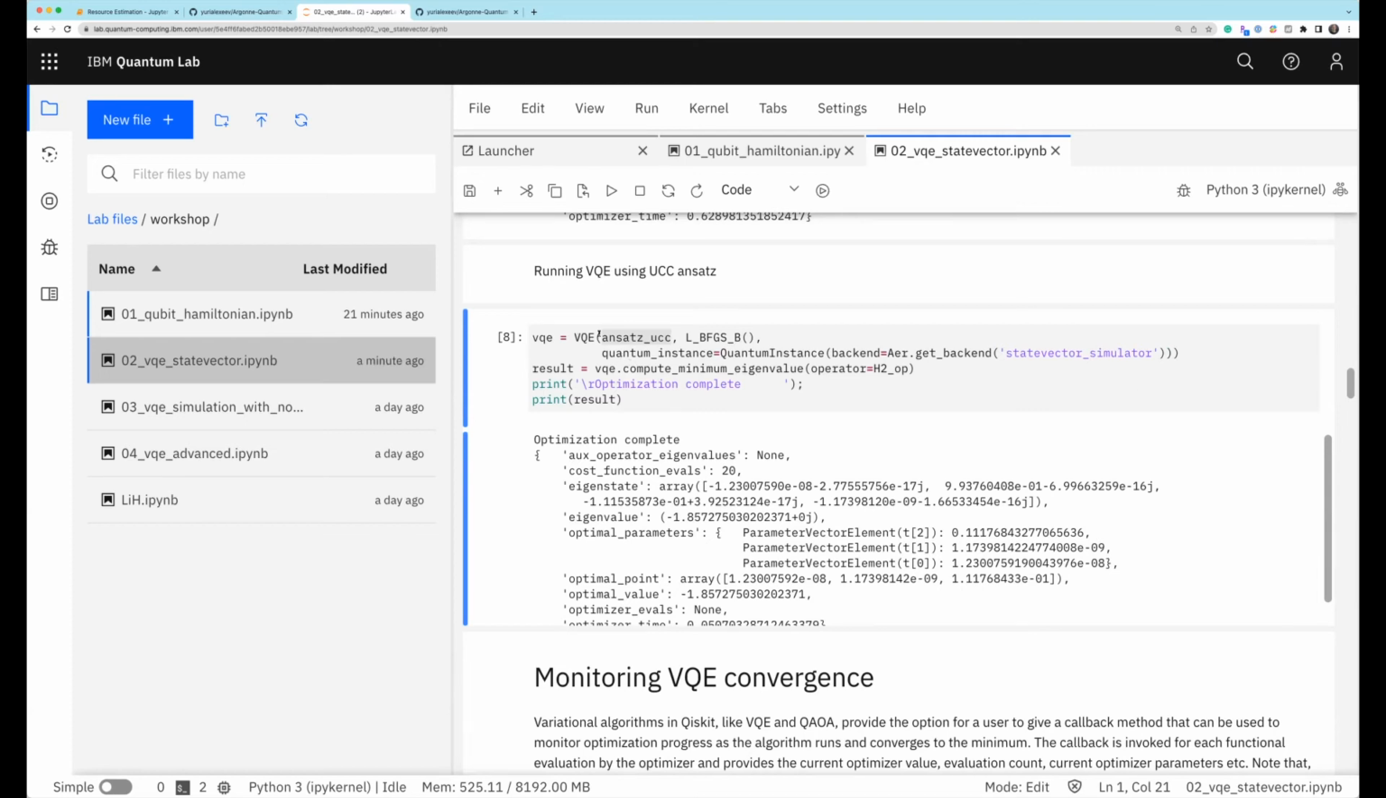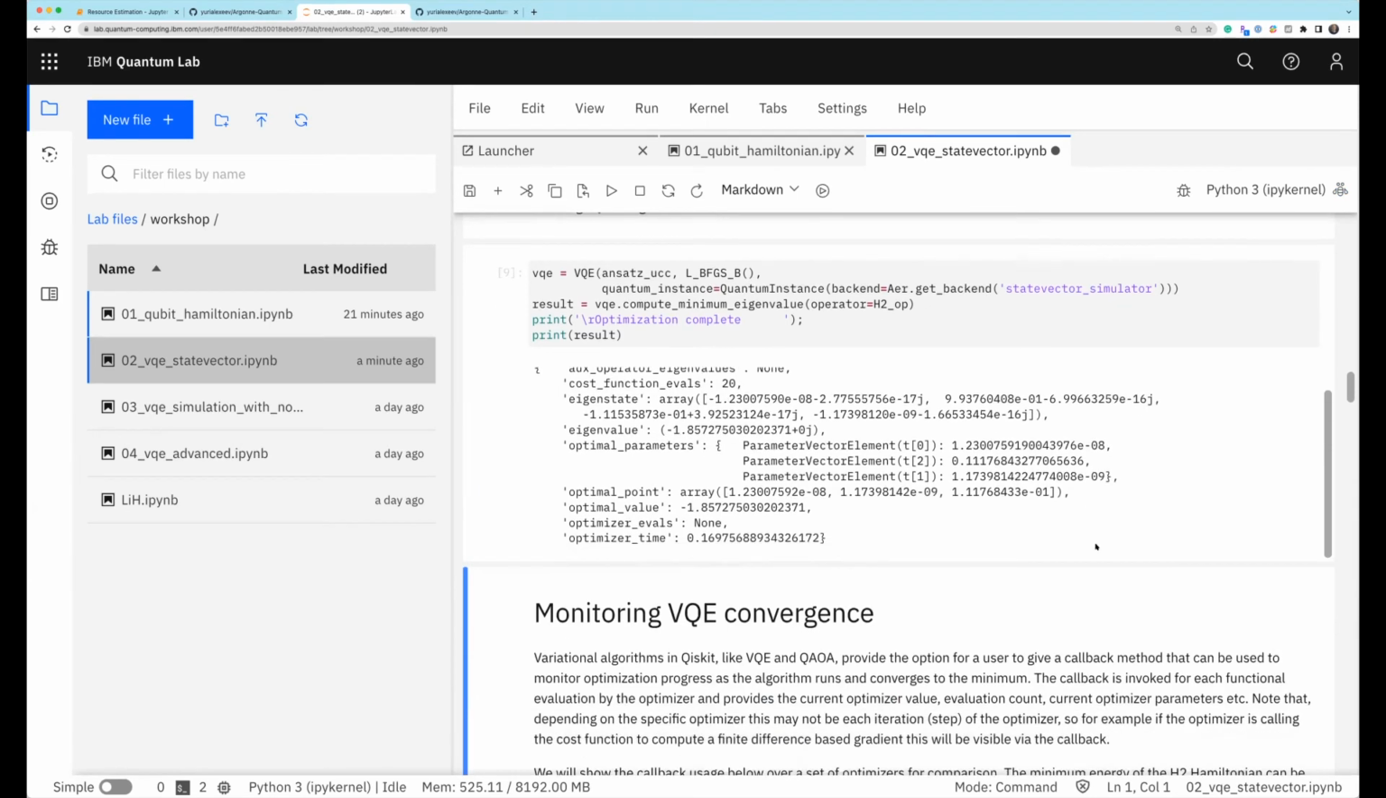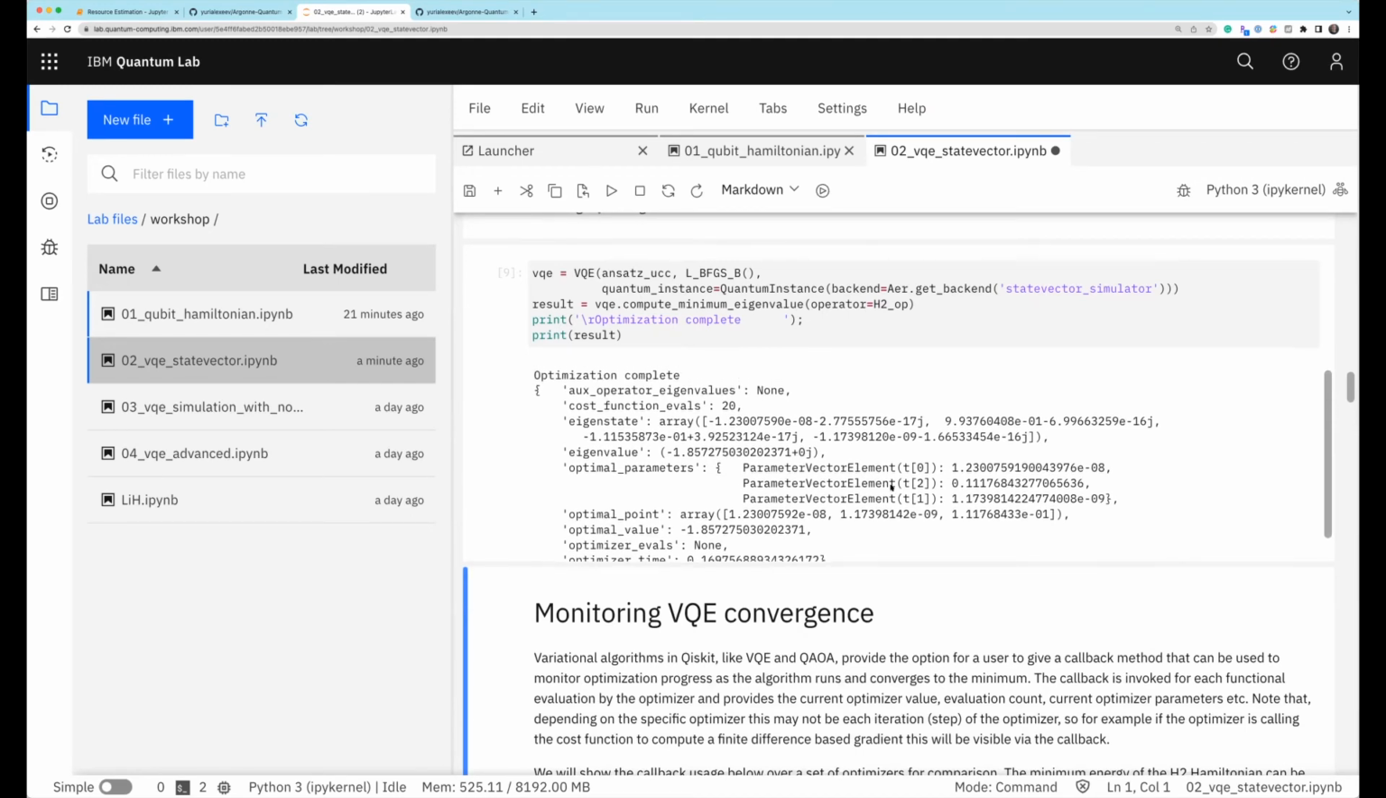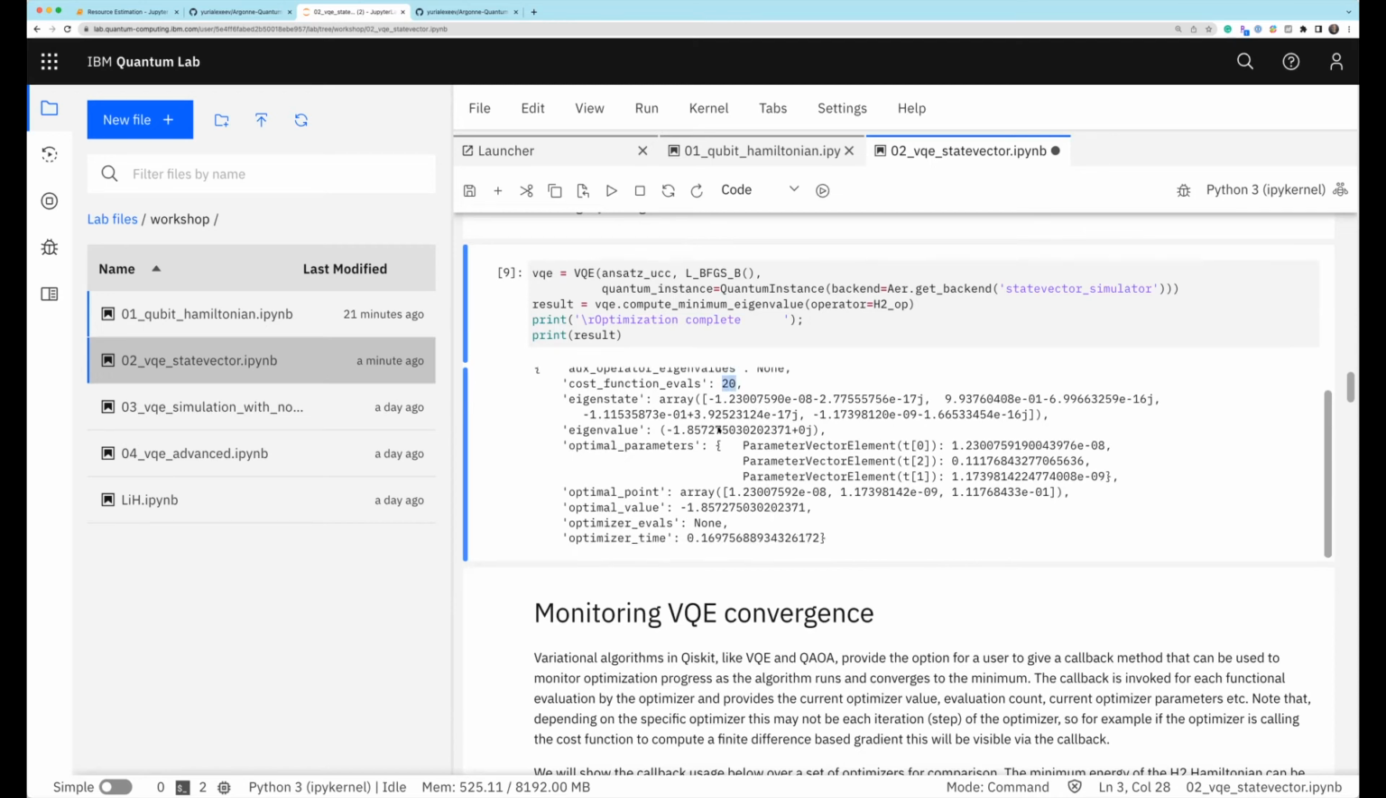And if you run with unitary coupled cluster, we do the same thing, we just replace the hardware efficient ansatz in this VQE structure by the unitary coupled cluster ansatz, and the rest stays the same. And here again we get the result of the optimization. It took much fewer iterations, so only 20 evaluations. It got us the same